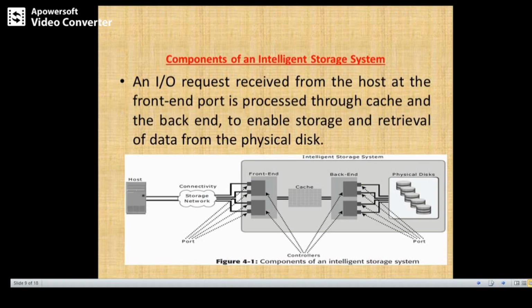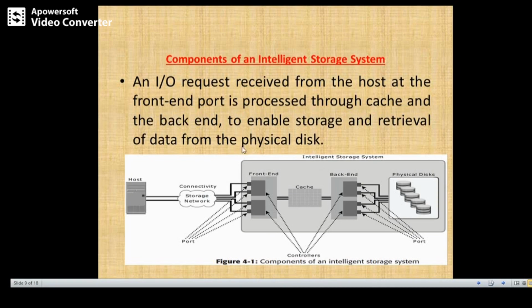So next is the components of an intelligent storage system. An IO request received from the host at the front end port is processed through cache and backend to enable storage and retrieval of data from the physical disk. The major components of an intelligent storage system are front end, cache, backend and physical disk.